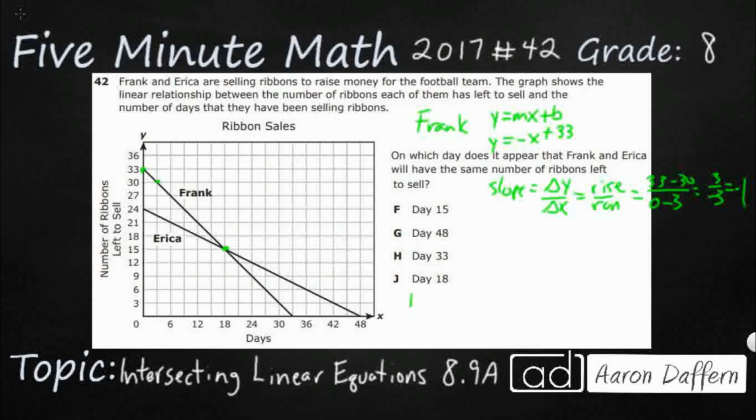Let's do the same thing for Erica. Use that same thing, y equals mx plus b. Her b is going to be 24 because that's where she hits the y-intercept. If x is 0, y is 24. And let's check out her slope. So her slope